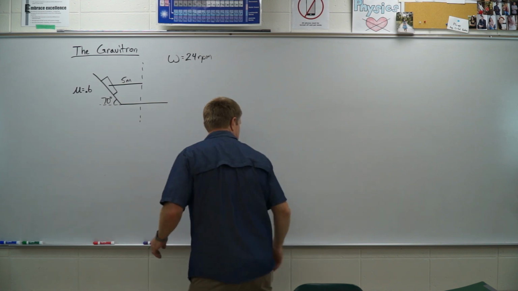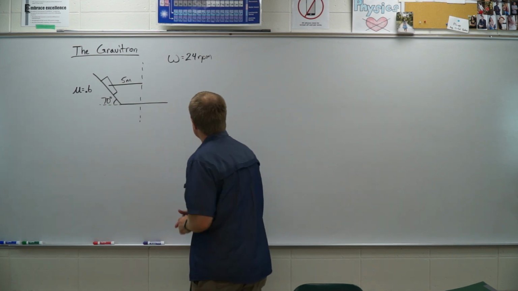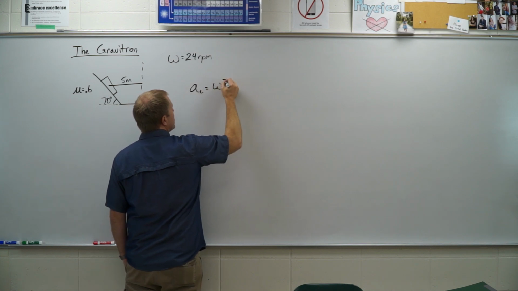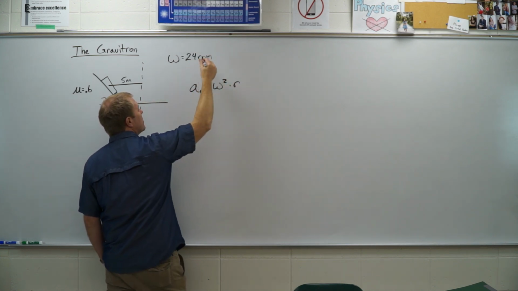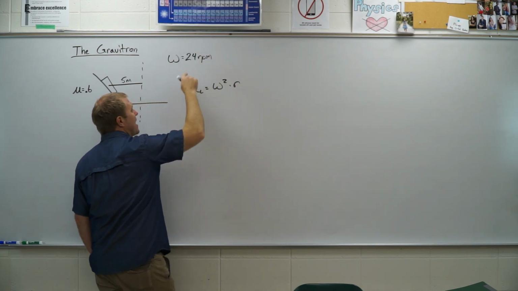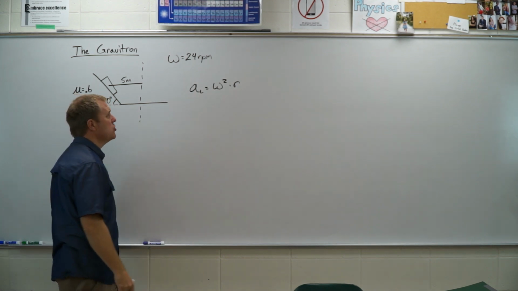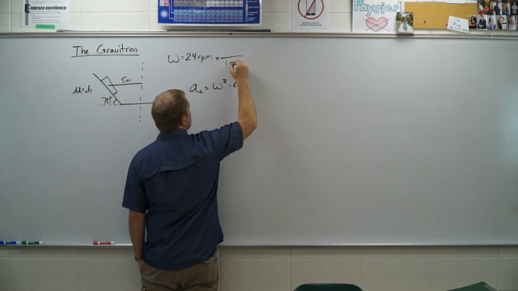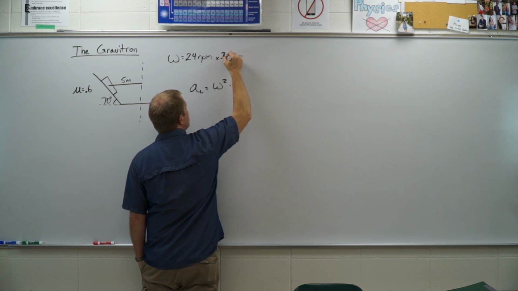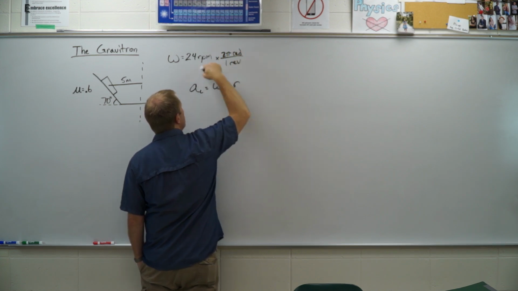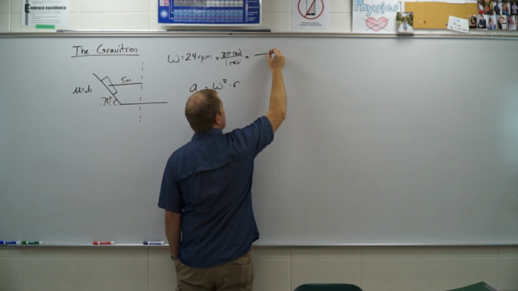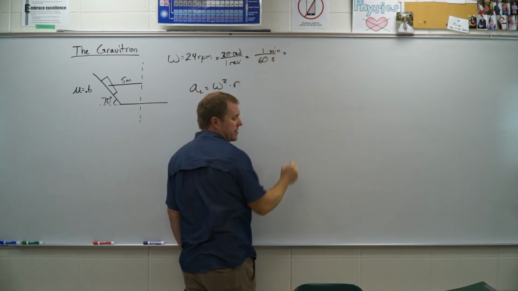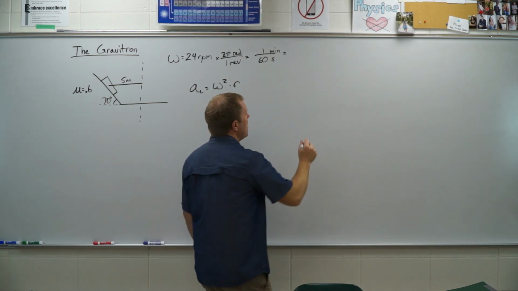We're going to try and find a_c to start with. So a_c is equal to omega squared times R, but I need omega in the correct unit. So let's get this out of revolutions per minute and into radians per second. We got to get rid of revolutions and go to radians. There's 2 pi radians in 1 revolution. Get rid of minutes and go to seconds. And there's 60 seconds in a minute. This comes out to 2.51-ish